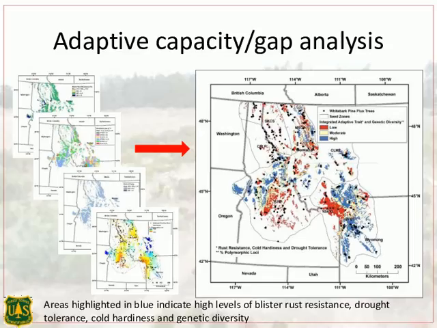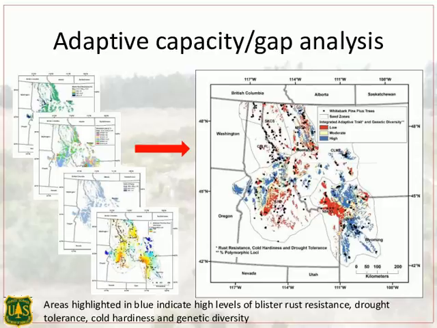So we took each of the layers, rust resistance, drought tolerance, cold hardiness, and genetic diversity, and integrated those. Right now they have equal weightings, but in the sensitivity analysis I can tell you that some of the variables have a much harder or stronger pull on the integrated results.